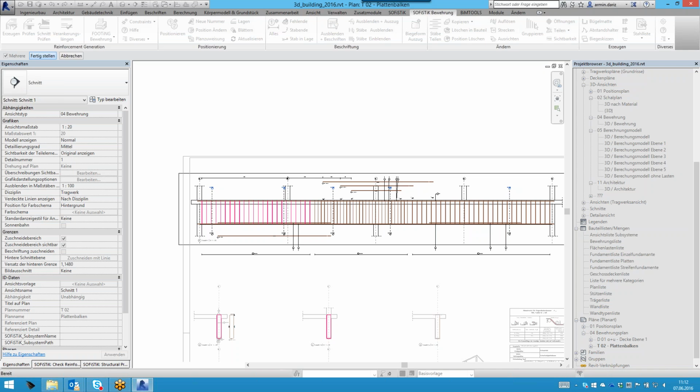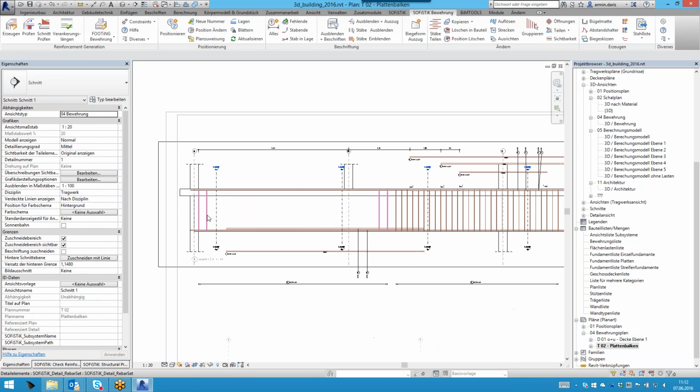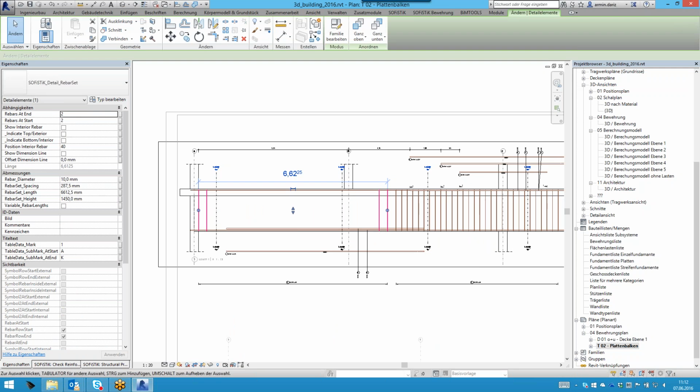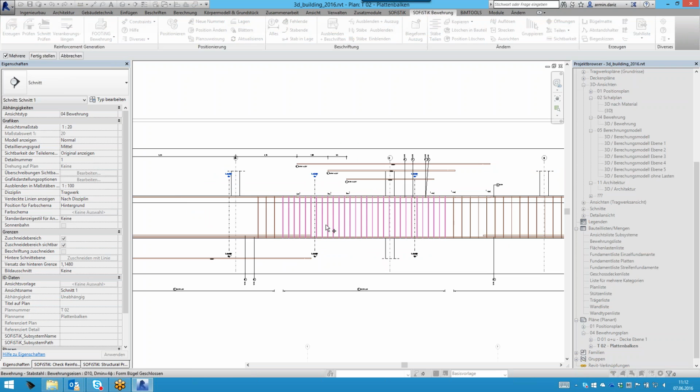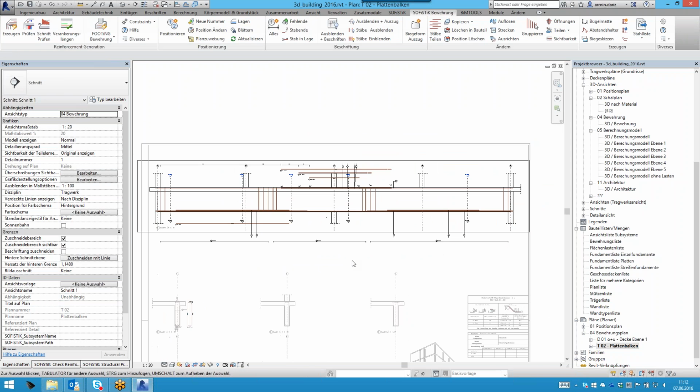So that means now we will hide the rebar elements and define only a representation of the first and the last 2 bars. You see here, only the first and last 2 bars are represented. You can for sure influence that values by parameters to define 3 bars at the end instead of 2. And you can do that for sure for the entire beam to simply get a different